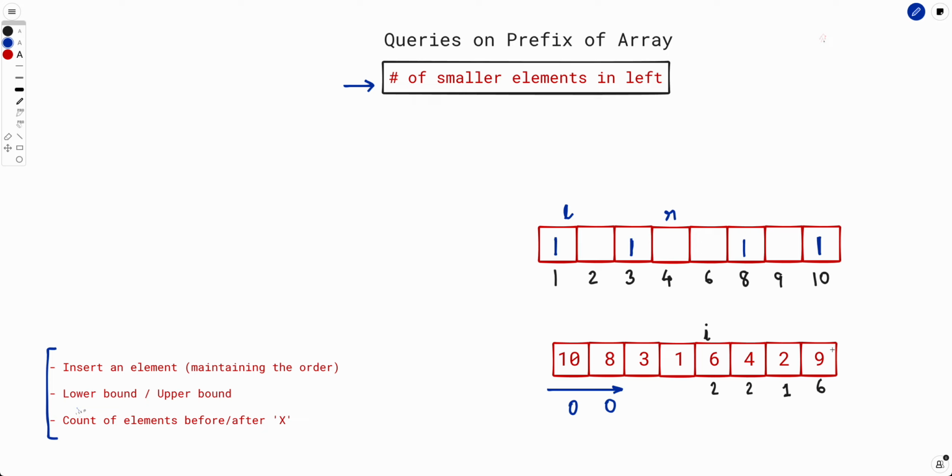Similarly, for this particular index, the value is 9. You can see there are 6 elements, 2, 4, 6, 1, 3, 8. All these 6 elements lie in the left of 9 and they are smaller than 9. So hence, for this particular index, the answer is 6. You have to just return this array where each element denotes the number of smaller elements to the left of that particular index. We looked at how an AVL tree or any balanced binary search tree can help here very briefly,